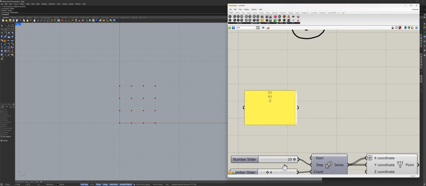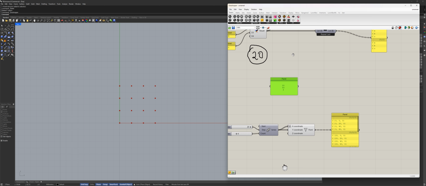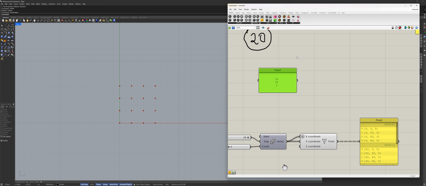And then let's say 2. If I keep clicking enter, I will not be able to stop, so I need to click away at some point. But because I clicked enter 2 times, this 20, 60, and 2 is not an integer anymore. This is a string. And indeed, if I bring, for example, the panel to analyze what's inside, you're going to see that